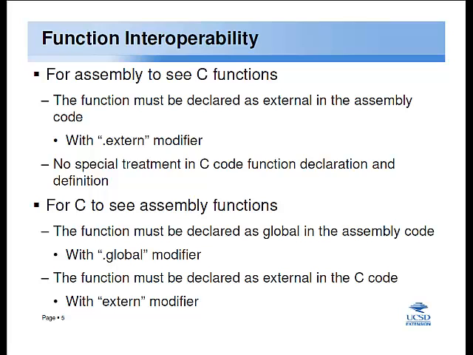Luckily, the AVR GCC assembler, with proper directives, will understand and check this. The way to do this is, if there is a C function that you are going to use, you should give it a .extern modifier, and then in your assembly,